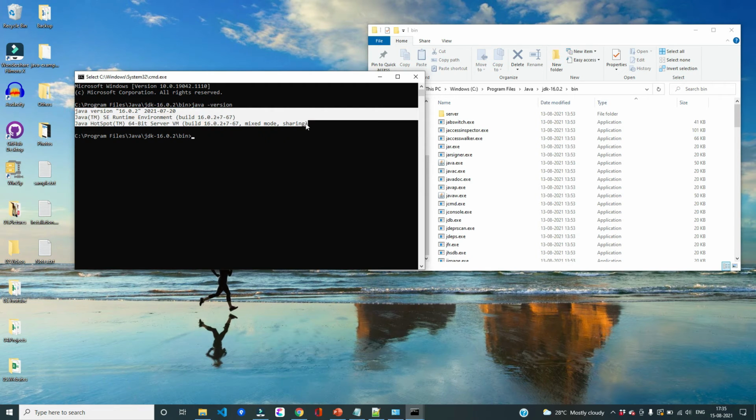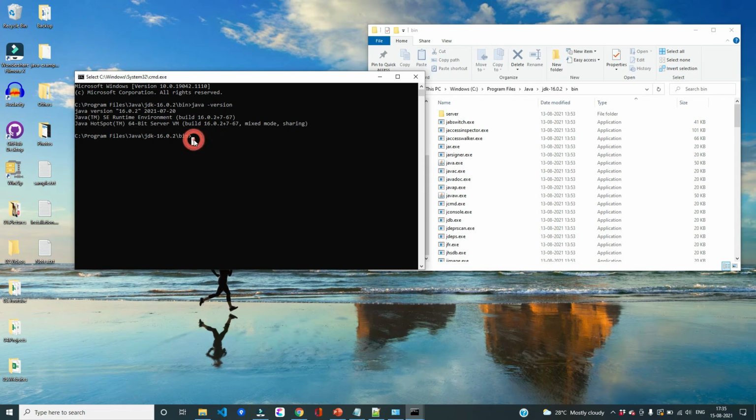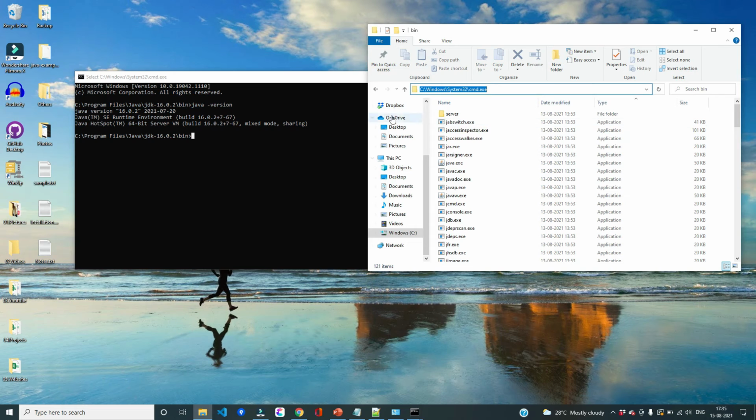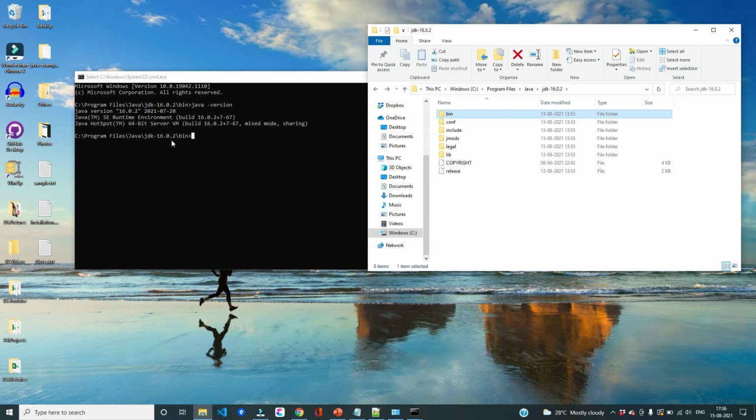So it has given me the version. Got it, right? So as the executables are within this bin location, I should be able to execute it, but these are not available outside the bin location, because the path of this bin folder is not set on our environment path variable.